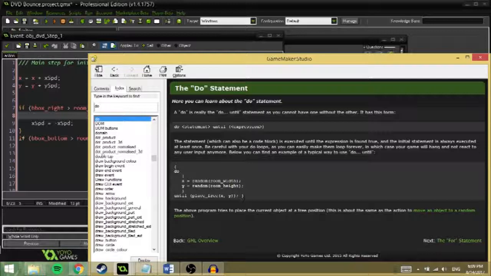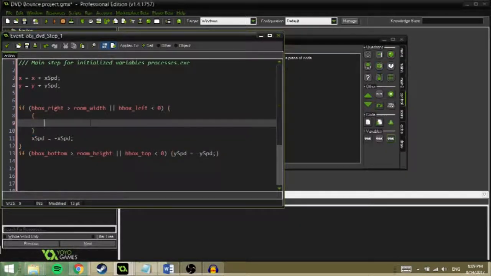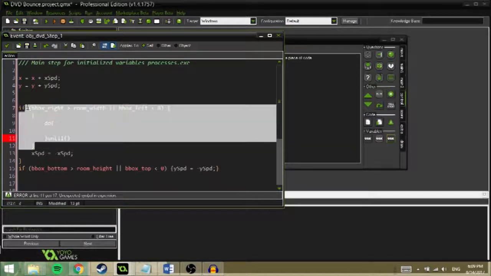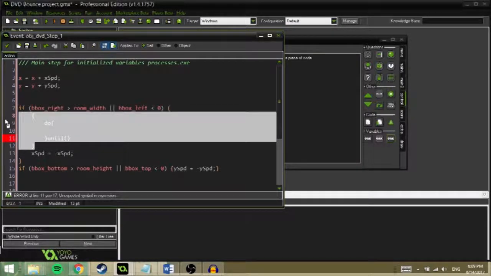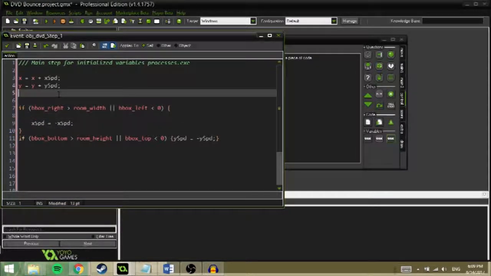So do. I believe it goes like do until that. I don't know how to type this stuff. This is some weird stuff. I don't know what I'm doing. I guess I'll just say